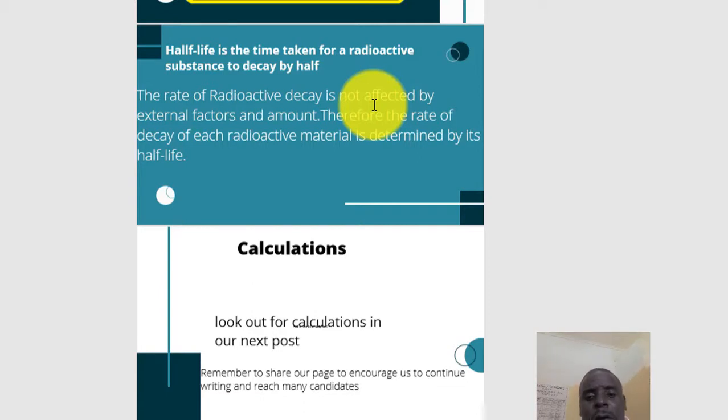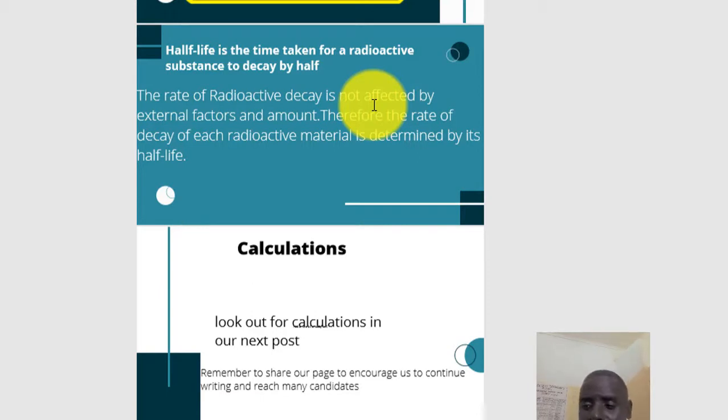By the way, you should be able to remember that radioactive decay is a process that cannot be made to go faster or slower than its own rate. Remember, these processes cannot be affected by external factors such as temperature, or being put in a magnetic field or an electric field. The amount of a substance or concentration does not affect the rate of decay. Each substance has its own rate of decay, and therefore half-life is the best way of finding out the rate at which a certain substance decays.